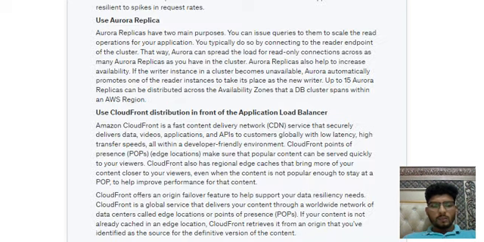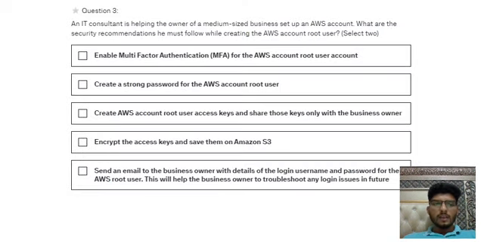Okay, so moving ahead to question 3. An IT consultant is helping the owner of a medium-sized business set up the AWS account. So which security recommendations must he follow while creating the AWS account? You have to select two options,